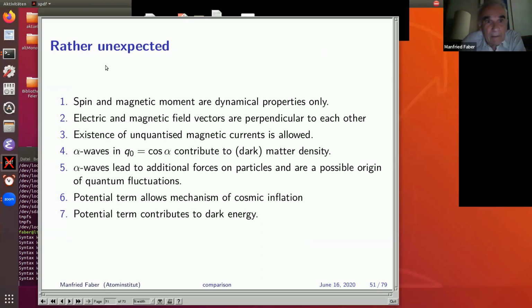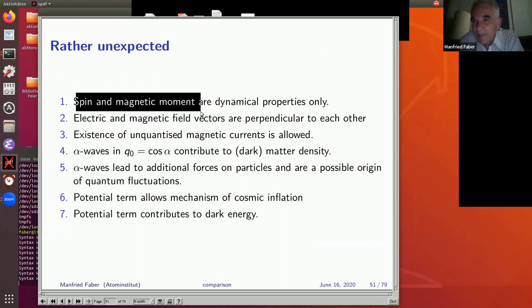So then rather unexpected is that spin and magnetic moment are not static properties. These are dynamical properties. I have many discussions with Jarek on this point. He prefers to have an internal clock and an external magnetic moment. My model does not have an internal clock. Everything is static for a static soliton. Nothing is moving. The spin comes if the particle interacts with another particle,